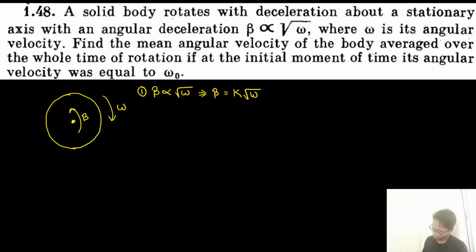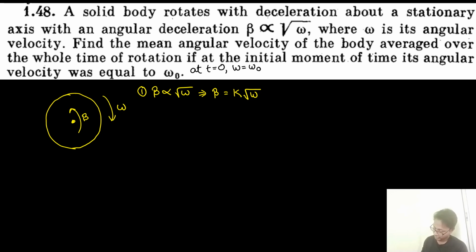So what the question is saying is, at time t equals 0, the angular velocity is omega naught, and it was rotating with angular velocity omega naught at t equals 0, but the angular acceleration was in the opposite direction. That means the acceleration was trying to stop the body from rotating. And find the average velocity from t equals 0 to the time till the body